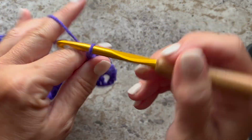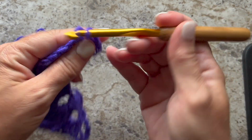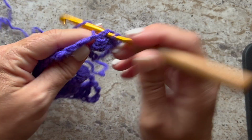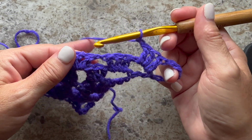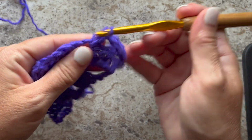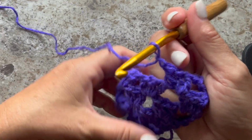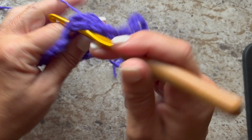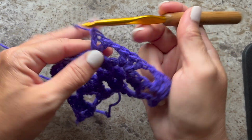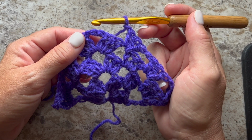Row 3 begins with a chain 6, which counts as a double crochet chain 3. Turn our work, 3 double crochets in this first chain space, chain 1, 3 double crochets in the next chain 1 space, chain 1, 3 double crochets in the next chain 1 space, chain 1, in the chain 3 space, work 3 double crochet, chain 3, 3 double crochet,